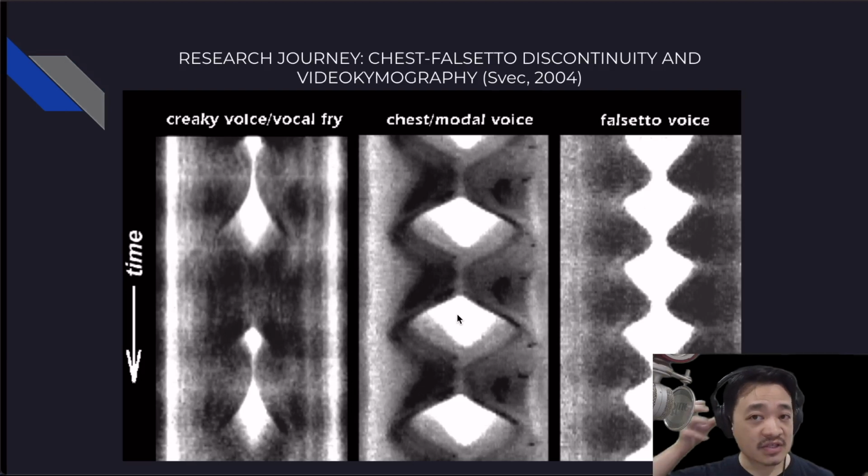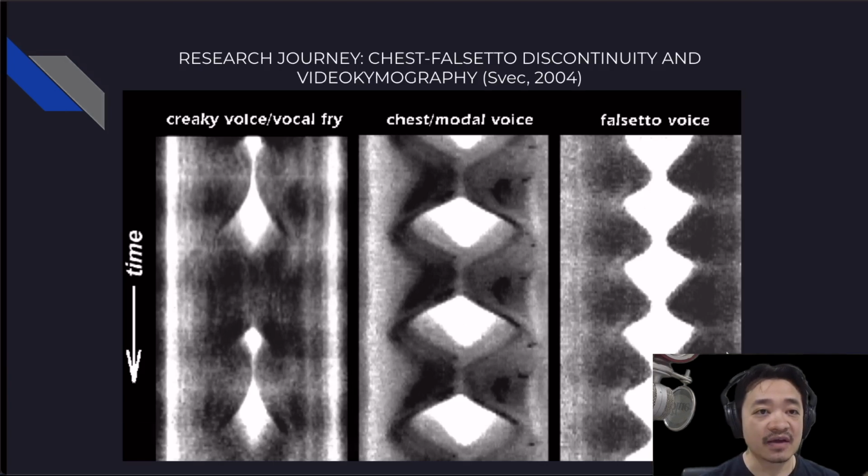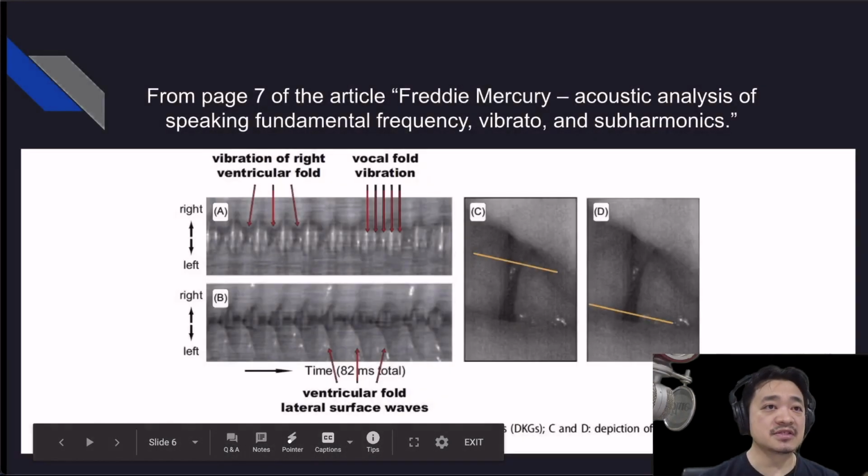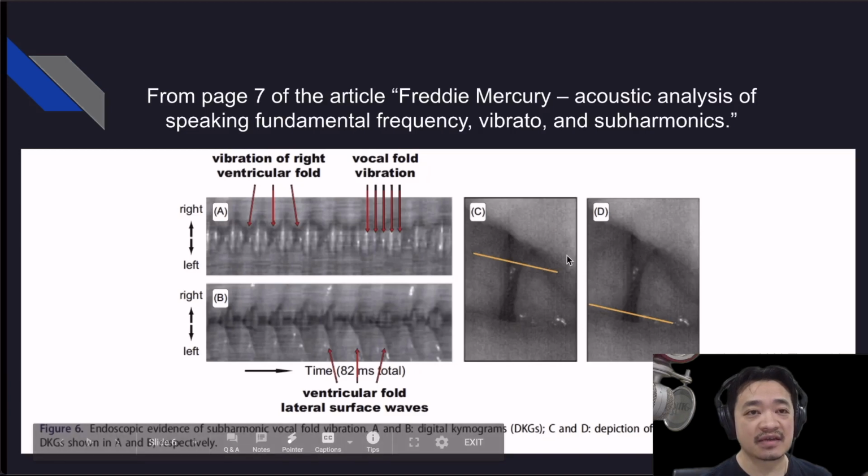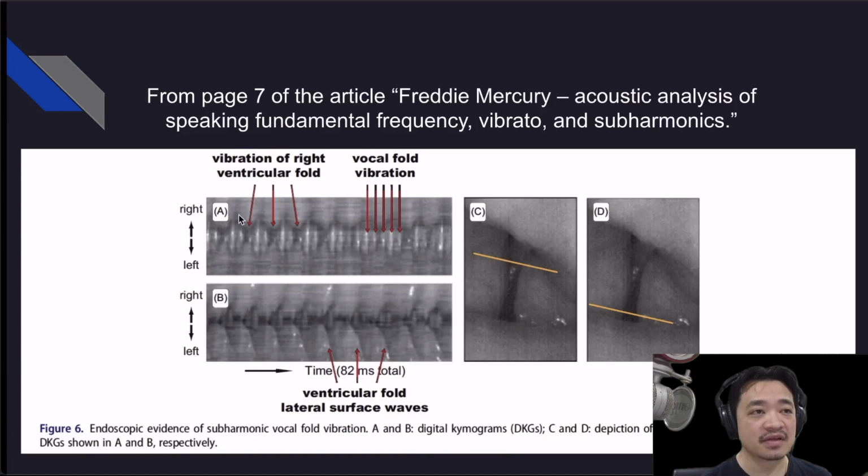Even low C can be difficult if you're not careful in that area when you get down there. So moving on to the next slide, here are a couple of things. This is from Freddie Mercury's analysis of sub-harmonics, etc. Notice how there is an offset that's happening here, and look at what's happening for every